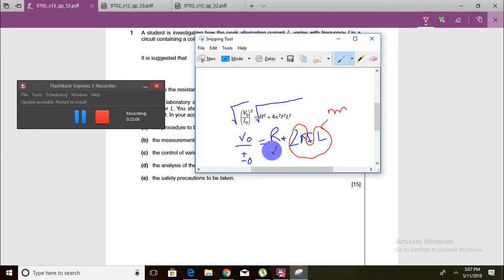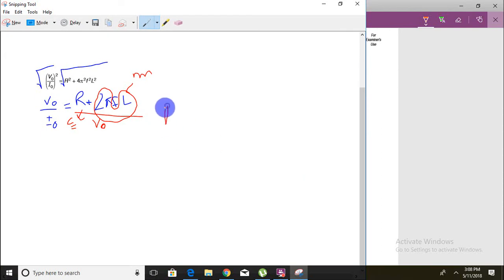And so R is the y-intercept? All of this makes sense, except this one shouldn't be over here. So we'll have to do the previous statement. It needs to get over there. It needs to be like dividing all of this. So it will be basically R over V naught. So it's not R which is the y-intercept, it's R over V naught. Into 2 pi L over V naught into F. So 2 pi L over V naught is basically the gradient, and that leaves 1 over I naught